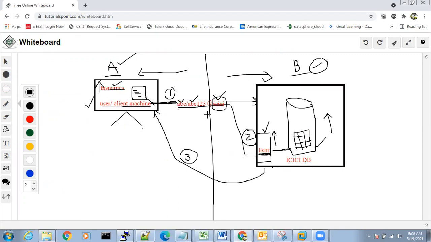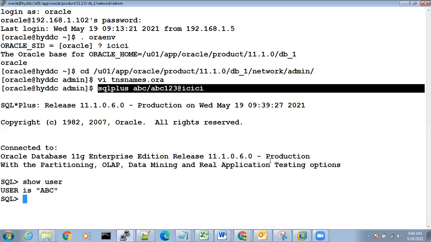In the same way, when I'm calling you and talking to you, you are responding, which means you are available. So in the same way, the user is calling a listener. If the listener is not ready to pick the request, if the listener is not able to listen to the request, which means the listener is down, the user will not be able to connect to the database.